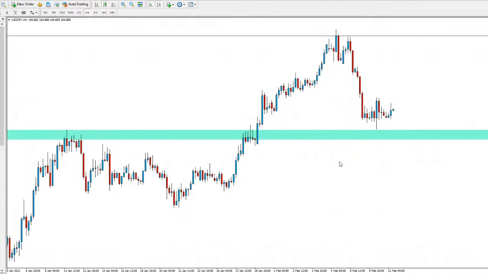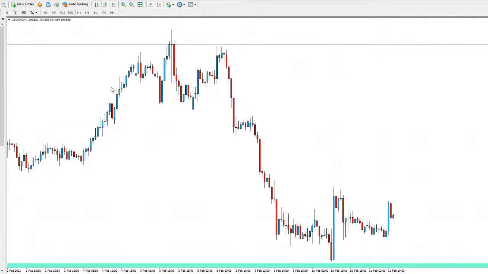Similar for USD JPY, again we're still at this support here, again kind of wicked down to it, missed it by a couple pips, but effectively we are still holding that support there. As you can see, we're kind of just moving sideways. On the hourly, we did see a big push to the upside, looks like we're retracing that, so there's a sign that we could be seeing a further continuation to the upside for USD JPY, since we did see this impulsive candle.